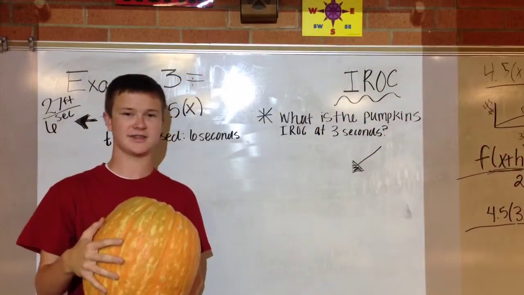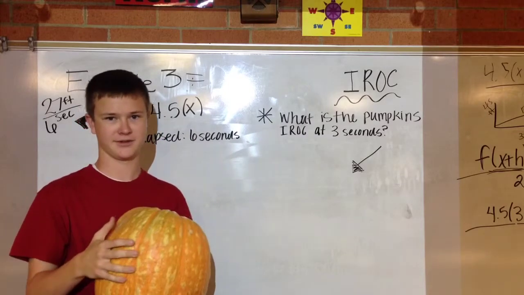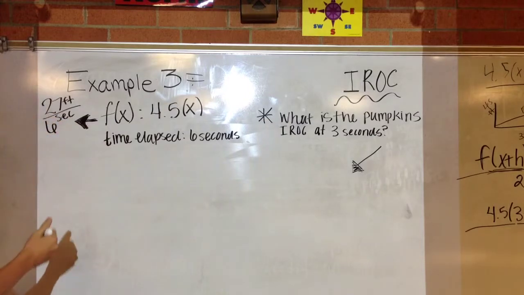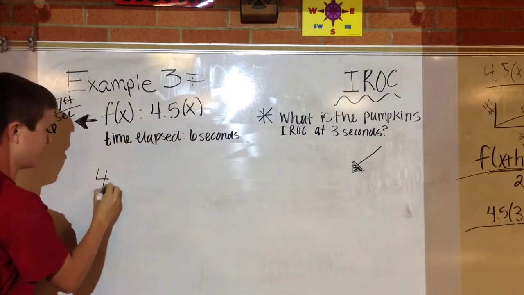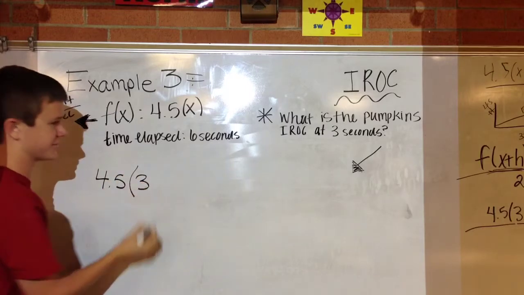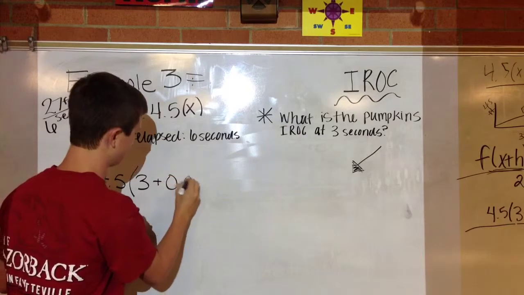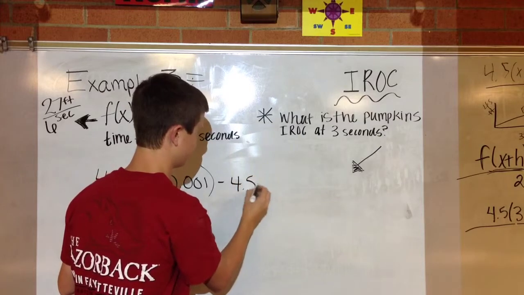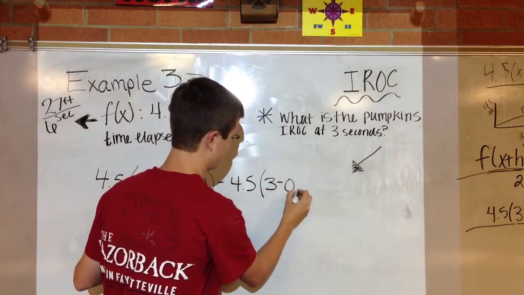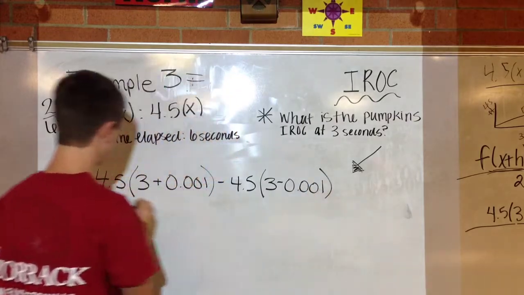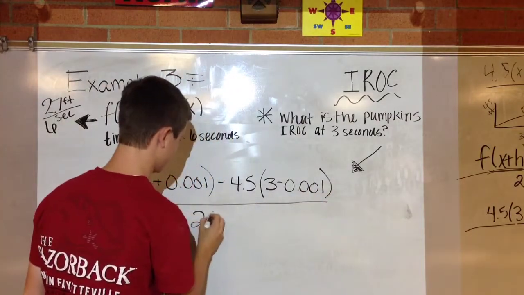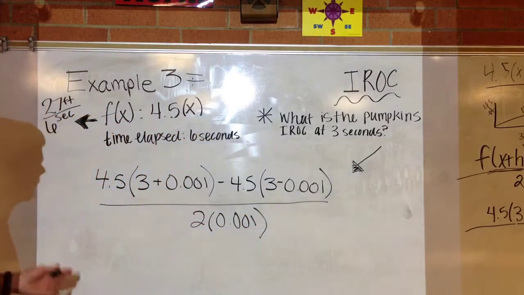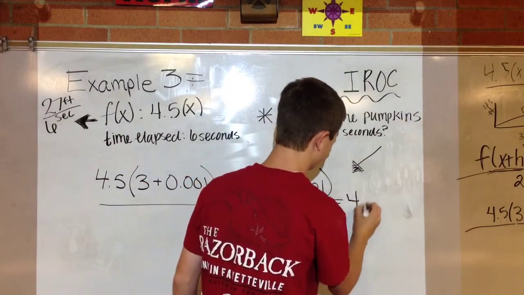Okay, so now we're going to find the instantaneous rate of change that this pumpkin had going down the hallway. Our f here is going to be 4.5, our x is 3 seconds plus our h, which is a very minute distance, minus 4.5 again, all over 2 times h. And if you enter this in your calculator, you'll find that it is 4.5